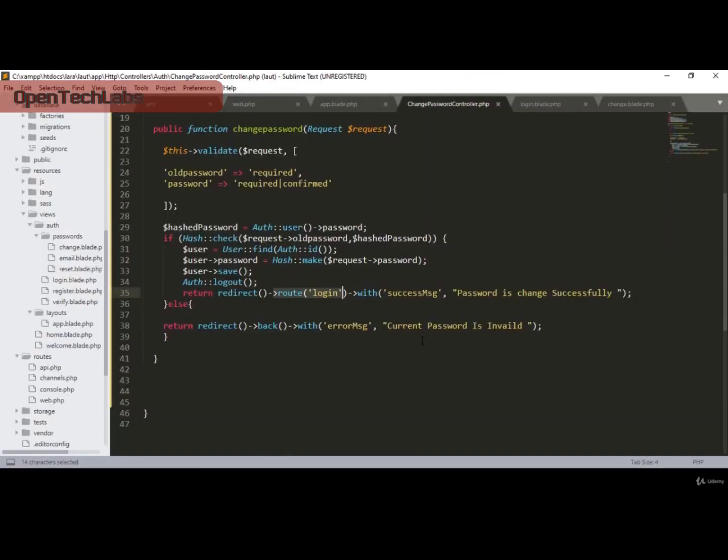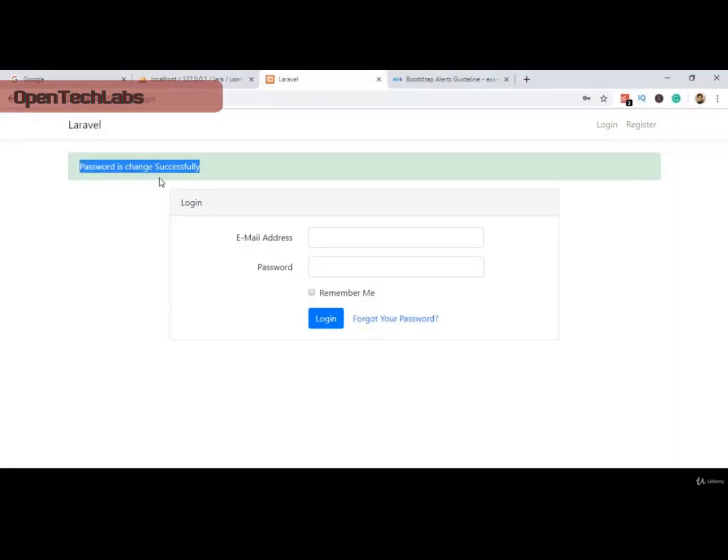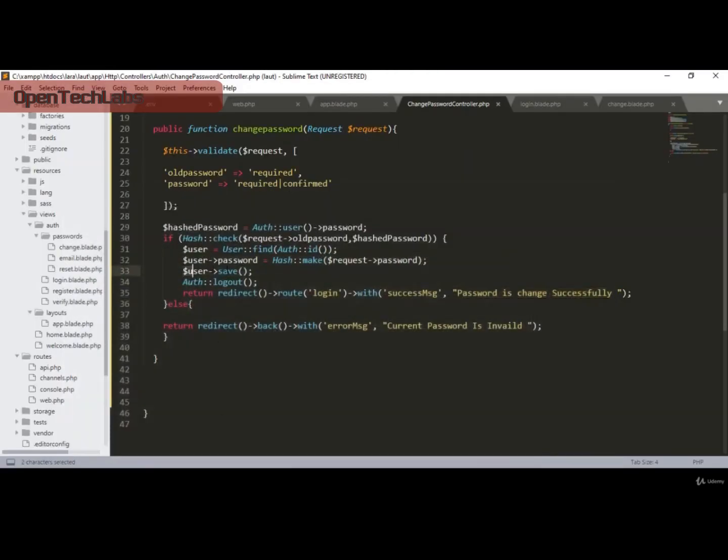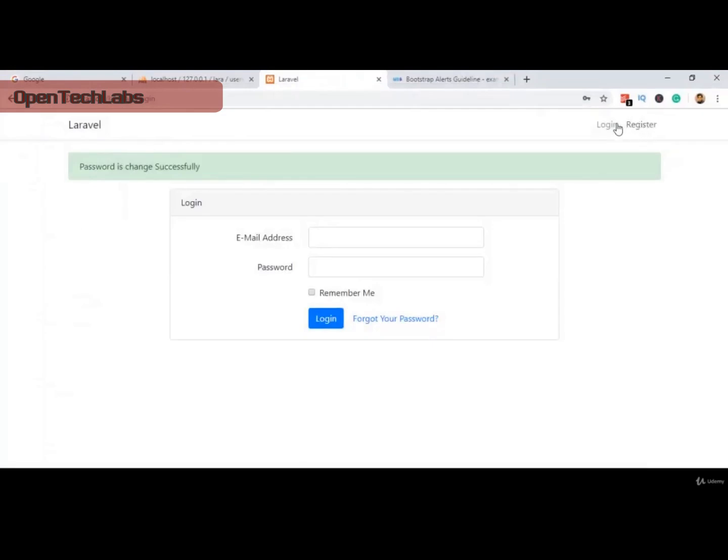So right now I'm already redirected to a login page. And I also defined a message, Password is changed successfully. So now this message is visible in that position. And I also defined another condition: when this is saved, then automatically the authenticated user will be